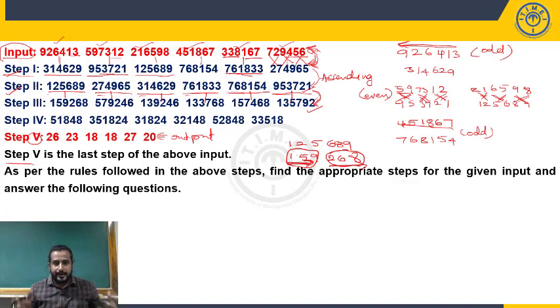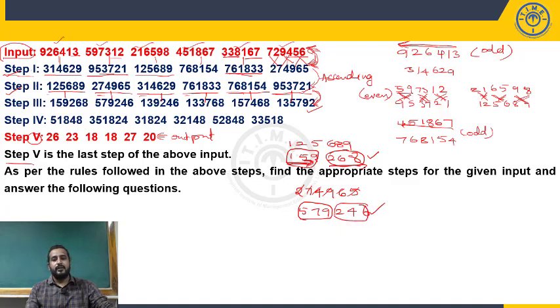But whether it is correct or wrong, we have to check with the other elements also, right? This is our observation in the one number. What is the other number given? 274965 becomes 579246. Does this logic hold true here also? Check it. What are the odd digits in the number? 579. Again 579 written in ascending order. Now followed by even digits 246. Yes, definitely you can say this logic is correct. Odd digits followed by even digits in ascending order.